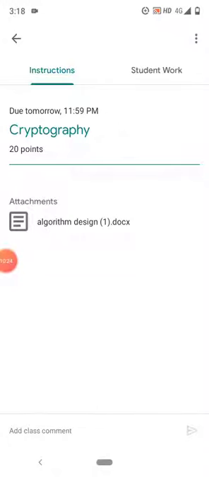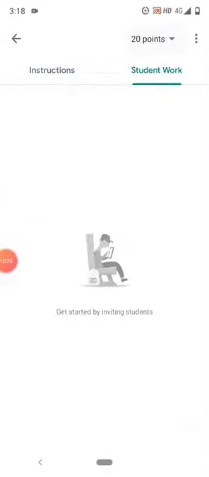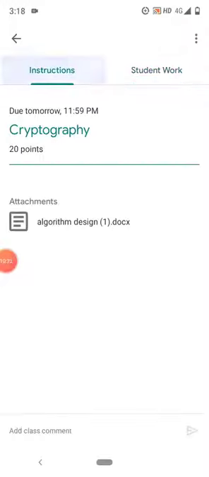And the next one is student work. If students do any work related to the assignment, that will be shown here. Right now there is no student in my class, so that's why there is no work. Student work is available here. So you can add any class comment over here also. Go back,